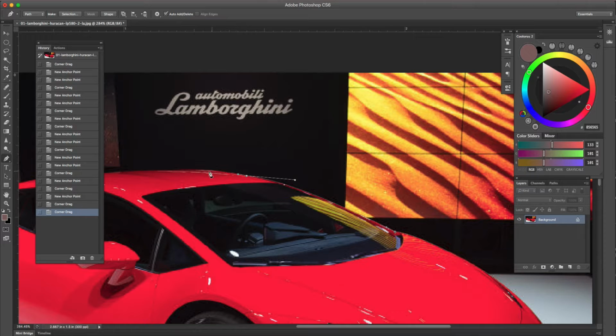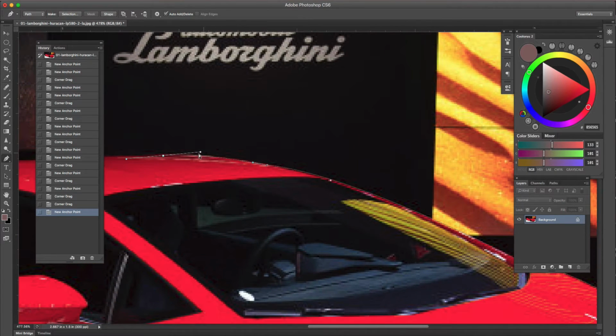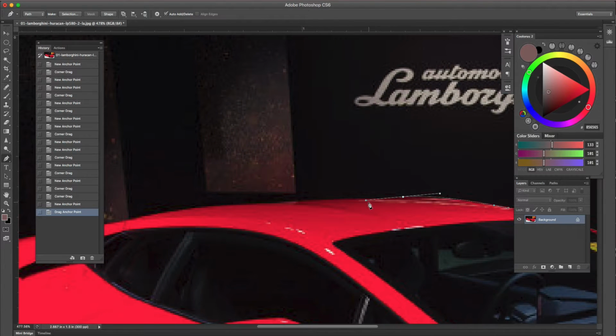So unlike a lasso tool where you make a selection, even if you get it absolutely perfect, if you wanted to come back to that point later and reselect that area, you'd have to do it all over again. You'd have to make it all over again. With the pen tool,